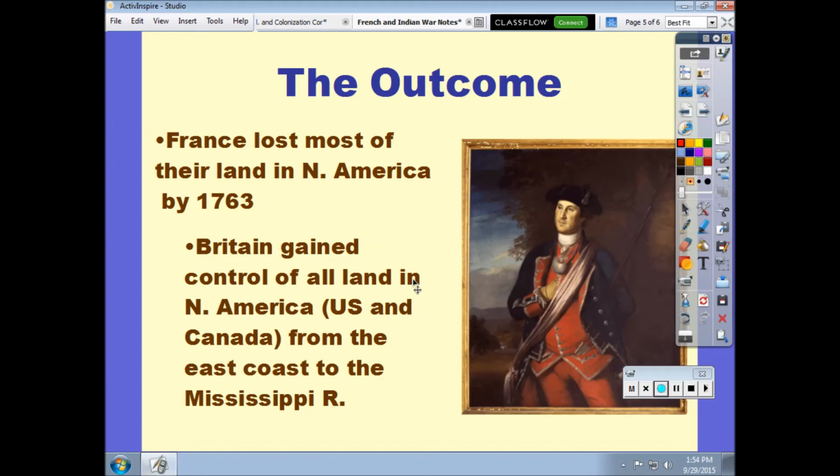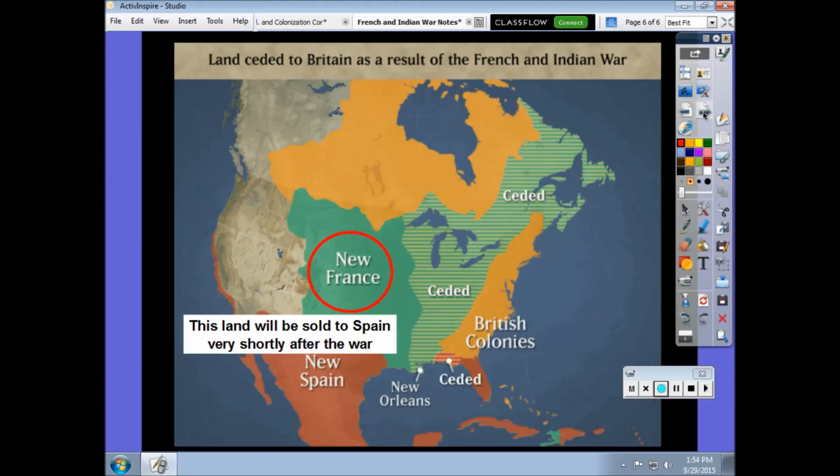So on a map, what this looks like is this. The area you see here that is labeled British colonies, and the area that is labeled up here in the orange, also around the Hudson Bay, those areas are owned by the British. Well, at the end of the war, the area that is now owned by the British includes all this green area. And you notice that word behind there, it says ceded. The word ceded means literally that this land was given to the British. At the end of the war and the Treaty of Paris, the land is given.